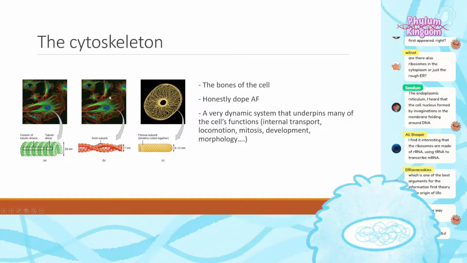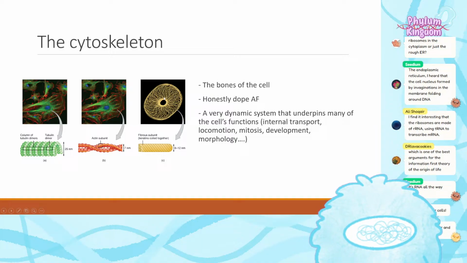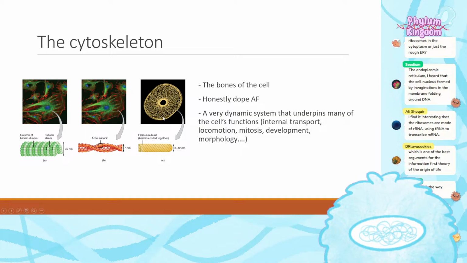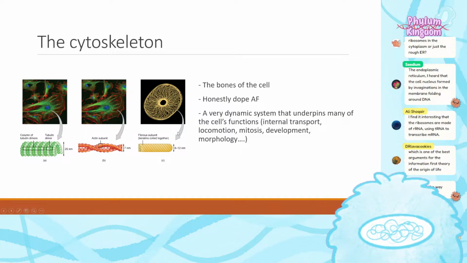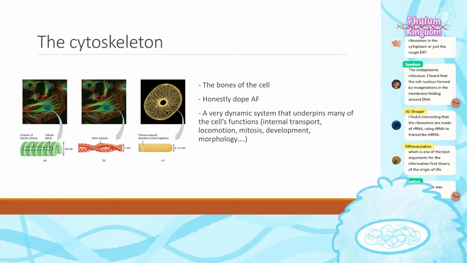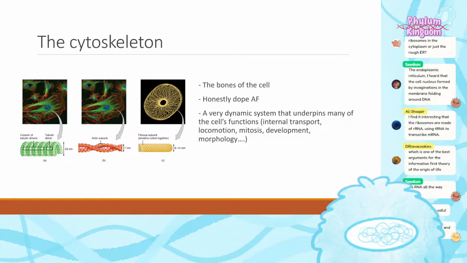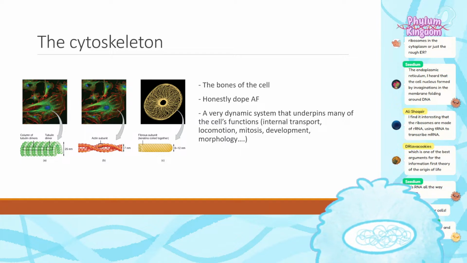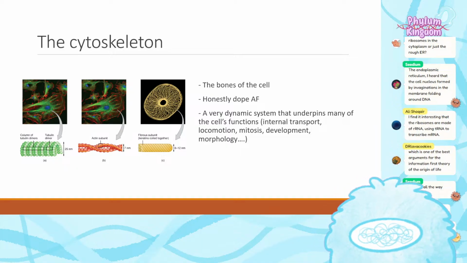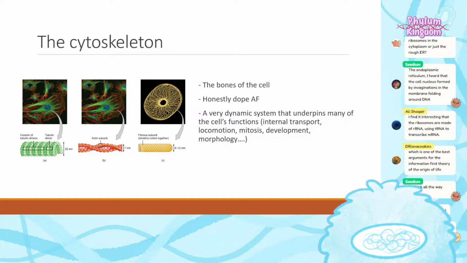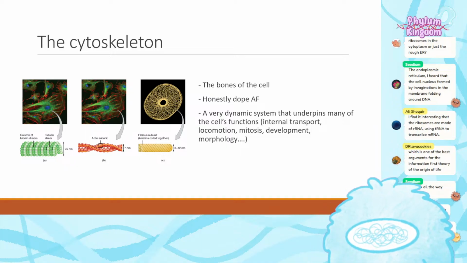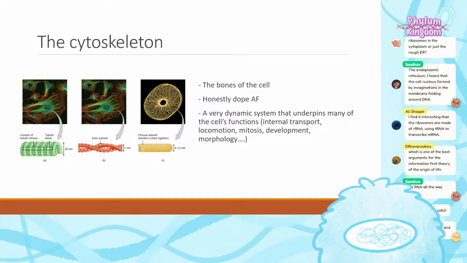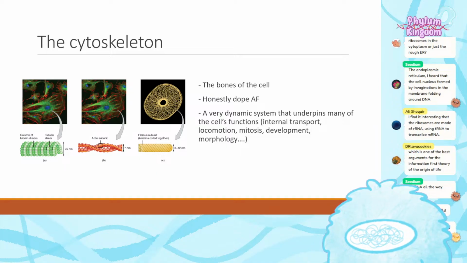You have the actin subunits in red here, which are very important for membrane dynamics, and then you have intermediate filaments, which kind of do a lot of things that are varied and impossible to summarize. I love the cytoskeleton. I did my undergraduate research in cytoskeleton stuff, so I have a fond place for the cytoskeleton in my heart, and it is a surprisingly dynamic system, which we're going to see later on in this presentation. Right, your cells are very much alive, even though these are bones. These are like bones made of jelly sometimes, which I think is really, really cool.